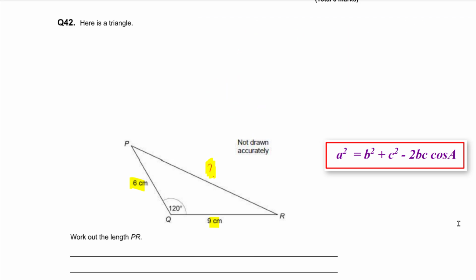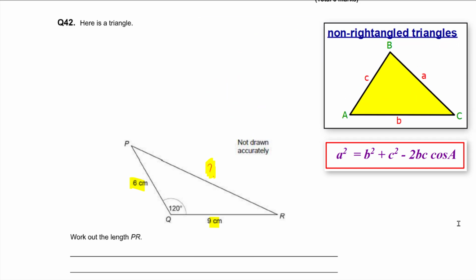With non-right angle triangles, we label opposite sides opposite to their letter. So if it's capital Q on that side, we're actually trying to find side little q over there. If it's capital R over here, then this is side little r. And if that's capital P, this is side little p. Okay. Now, you need to be able to take your